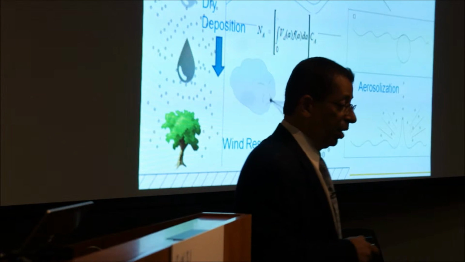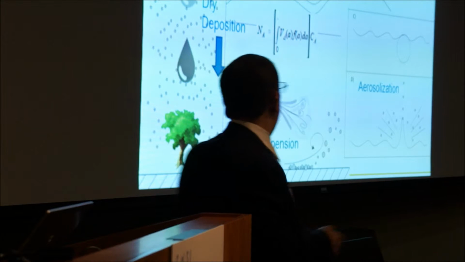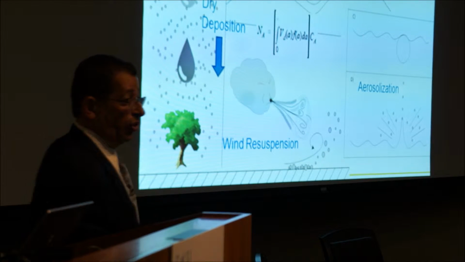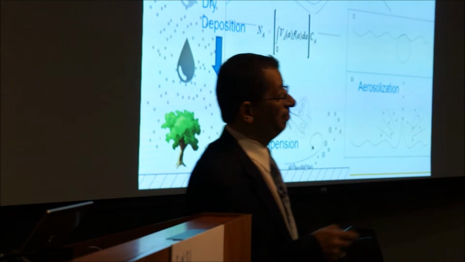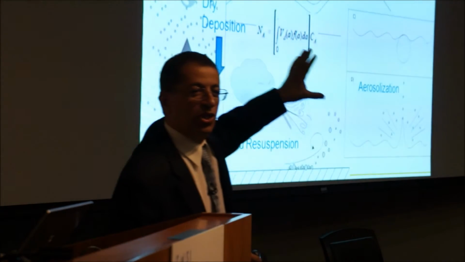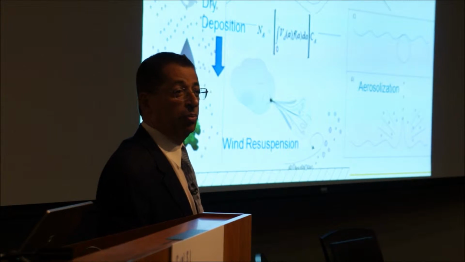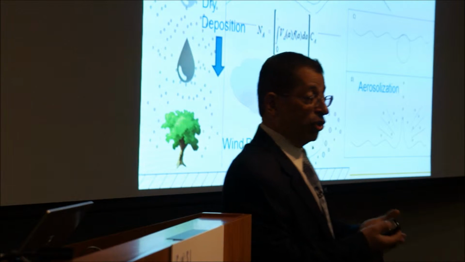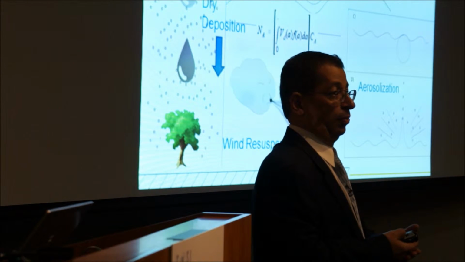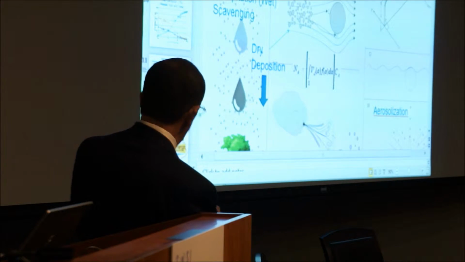Now, when we deal with nanoparticles, we have to understand that they are of different sizes. So why is size important in the environment? Those of you that live in Los Angeles know that after there is a rain event, Los Angeles is beautiful and we can see the mountains, very nice and clear. In part because rain scavenging is so efficient in removing particulate matter. And the efficiency by which particulate matter is removed depends on the size distribution. So I won't go into the theory of how that is impacted.